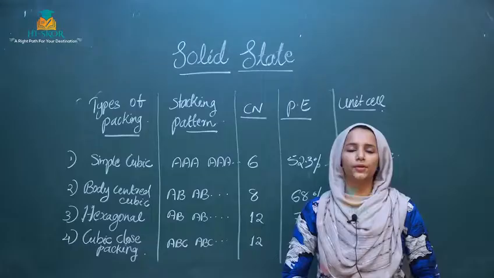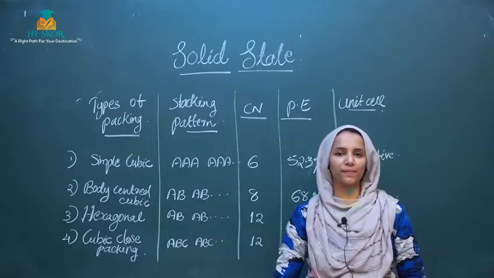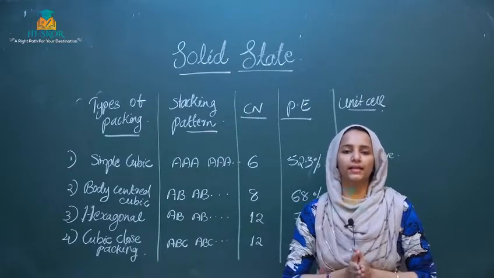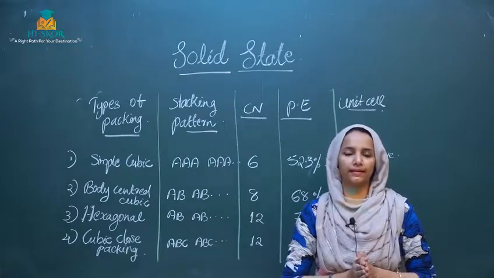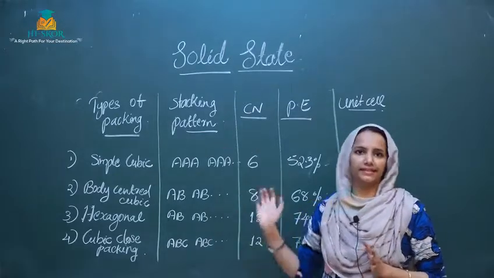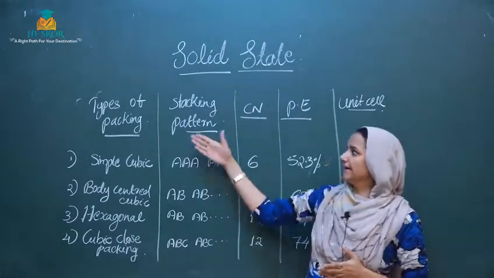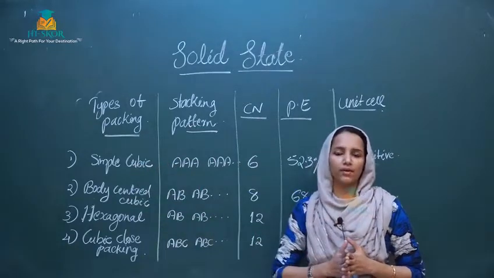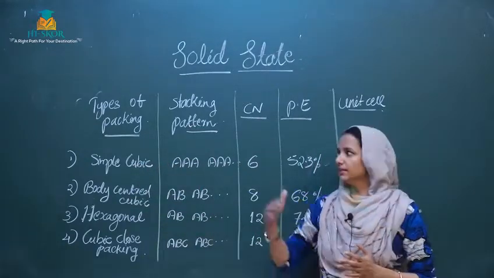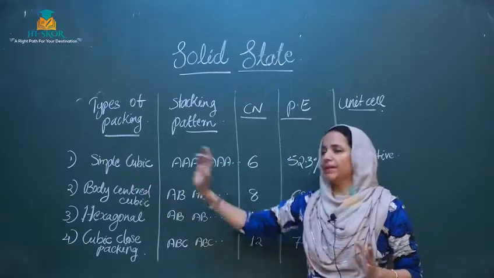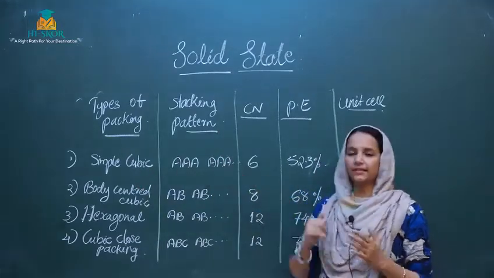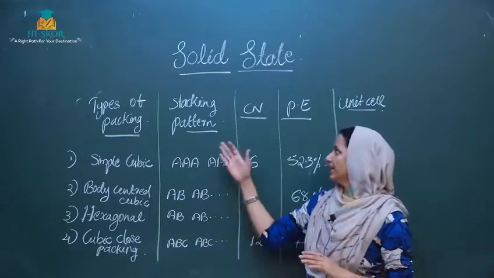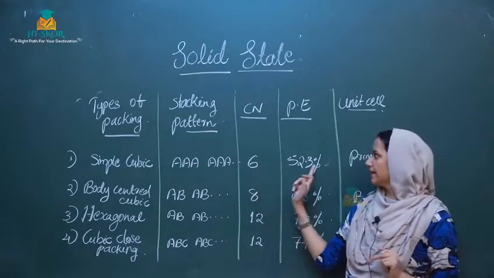Okay. So today we discussed close packing in solids. So we see that we have 1D, 2D and 3-dimensional close packing. Let's check the overview of today's class. Okay. So in 3D we have the first type, simple cubic close packing. 3-dimension is more important, that's why I am discussing in this manner. Okay. So simple cubic, first one. So the stacking pattern is AAA type pattern. Okay. So here the coordination number is 6 and packing efficiency